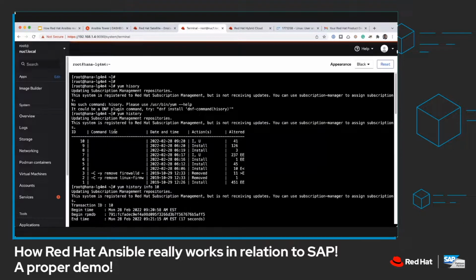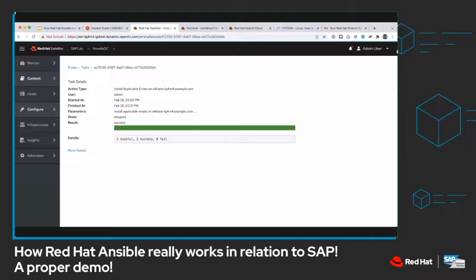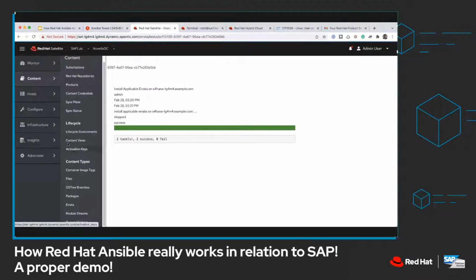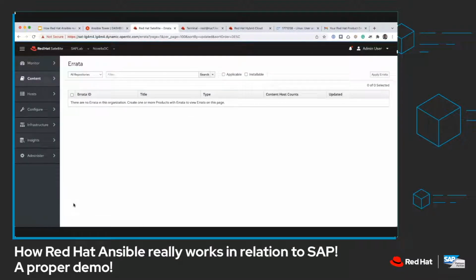So if we go back now to Satellite, and we go again to Content, Errata, as you can see, all the existing errata have been applied. So the errata information is empty now.